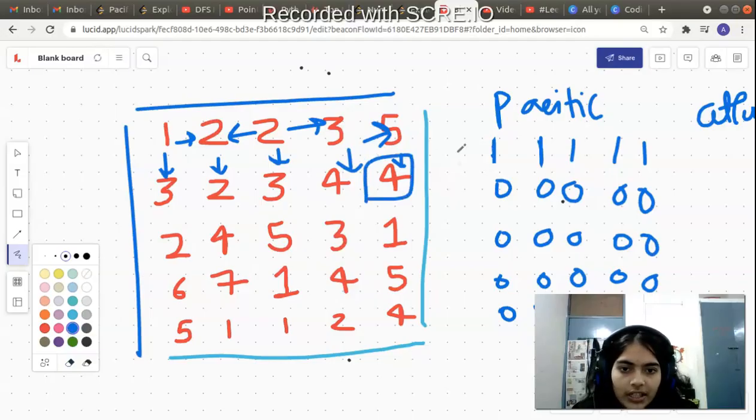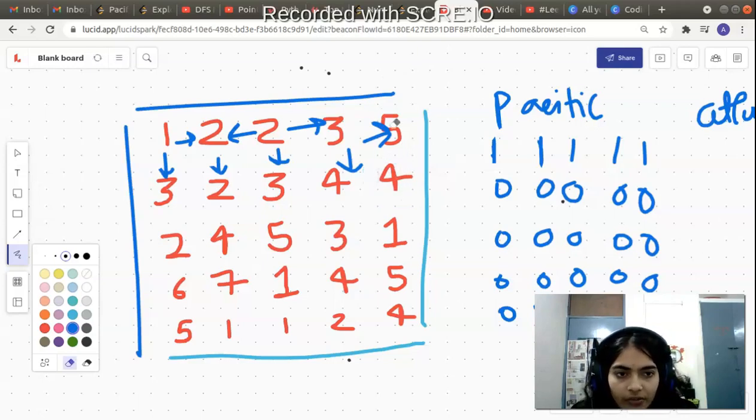Now you see, an interesting thing happens. 4 is greater than or equal to 5 is not true. That means water cannot reach this 4 cell via 5. From the Pacific Ocean, water cannot reach this cell via 5. Maybe it could reach in other ways, we don't know, we have not checked, but it cannot reach via 5 to 4 because the current value 4 is smaller than 5. Okay, so that is why this function call will simply return back.